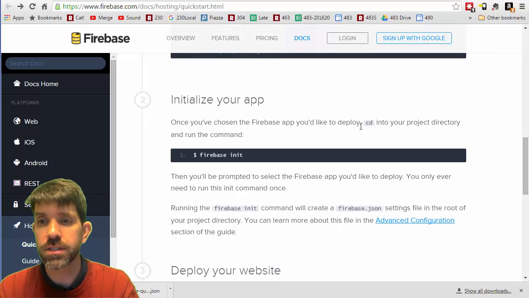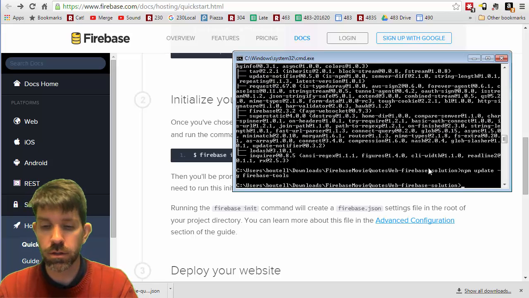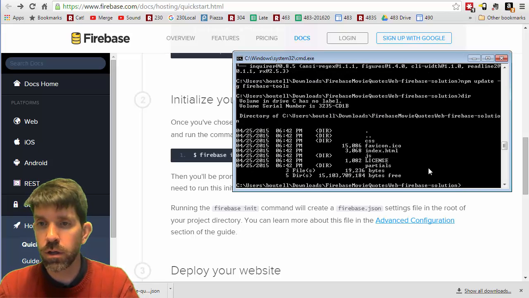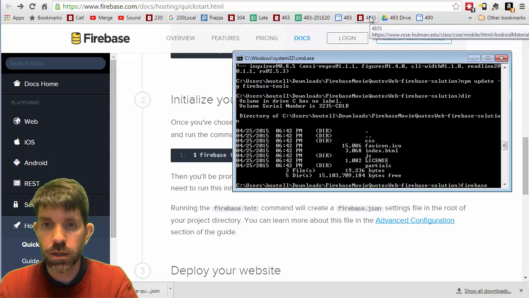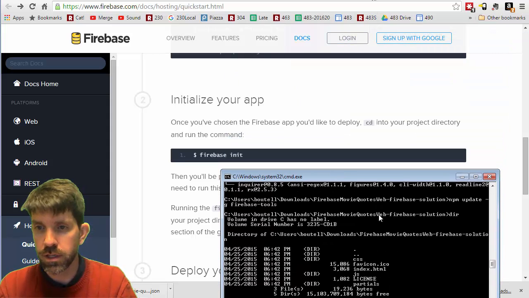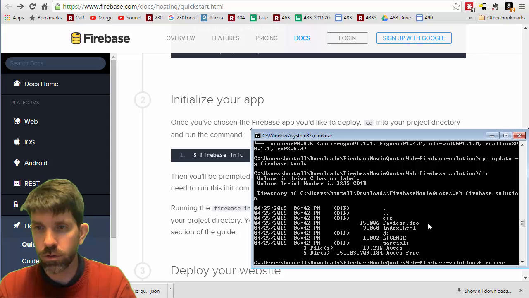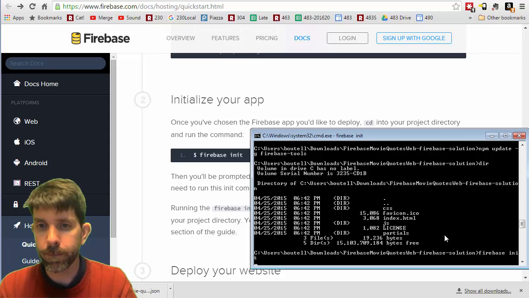So it says right here you want to cd into your project directory and run the Firebase init command. Okay, so let's make sure we're in here. All right, so in our project directory, and I'm going to type firebase init. So firebase, and init is a parameter here. Okay, so init, like so,